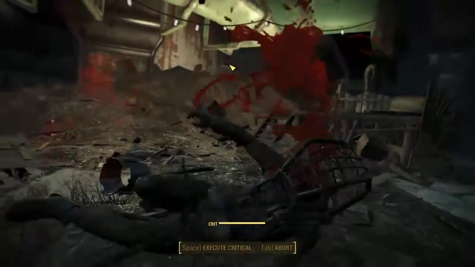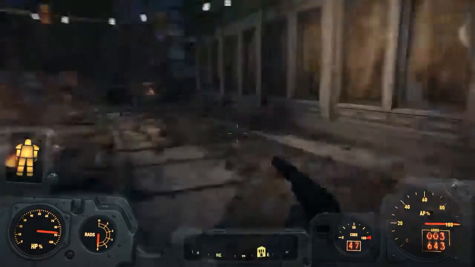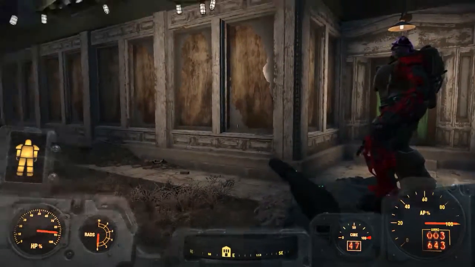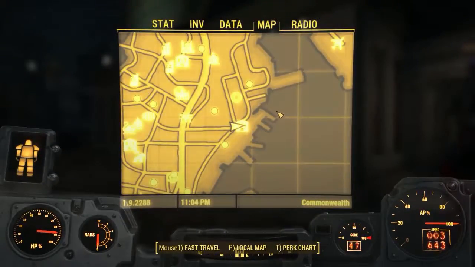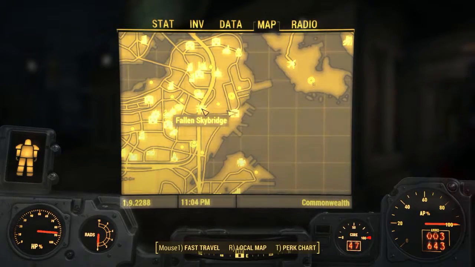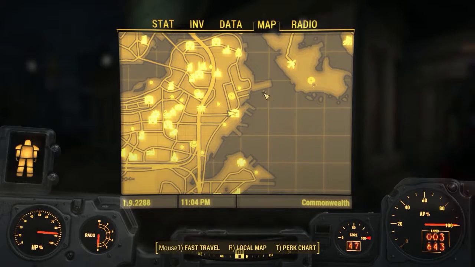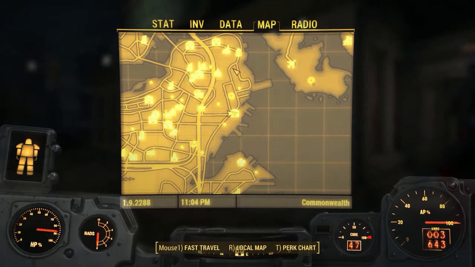Now, like I said, this place is just completely surrounded by raiders, and they've also got upgraded guns there and whatnot. Here it is on the map. It's going to be the Shamrock Tap House. And again, show you here on the map, show you a few other places, Fallen Sky Bridge, the Four-Leaf Fish Packing Plant, there's a hall right over there, and if you look right up above, I'm over it right now,